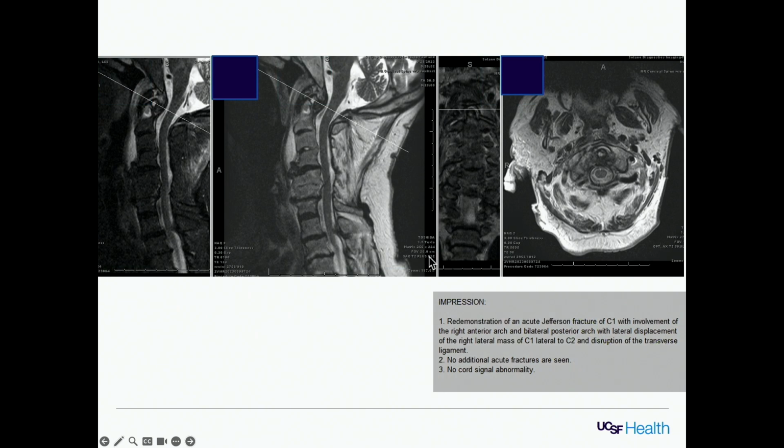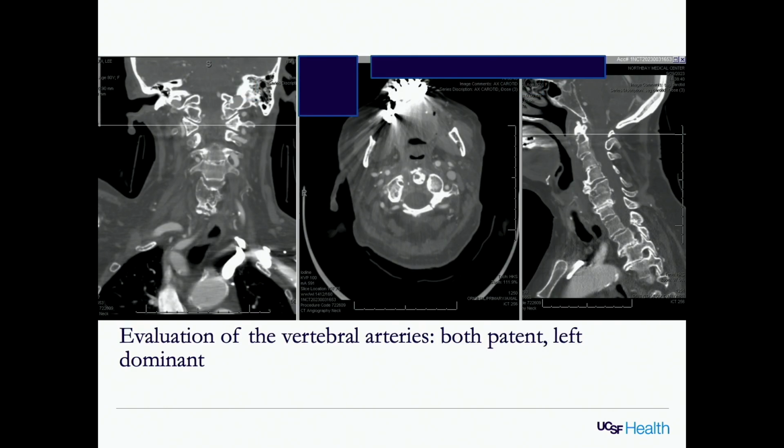So most of these patients are neurologically intact. Again, the spinal canal is pretty capacious at C1, C2. And redemonstration of a ruptured transverse ligament sometimes can be called on an MRI, but in many instances it can be ambiguous whether or not there is true disruption. So looking at markers on the CT and the rule of Spence are classic indicators of whether or not stabilization needs to occur. And then obviously evaluation of the vertebral arteries, ensuring the patency as well as dominance.